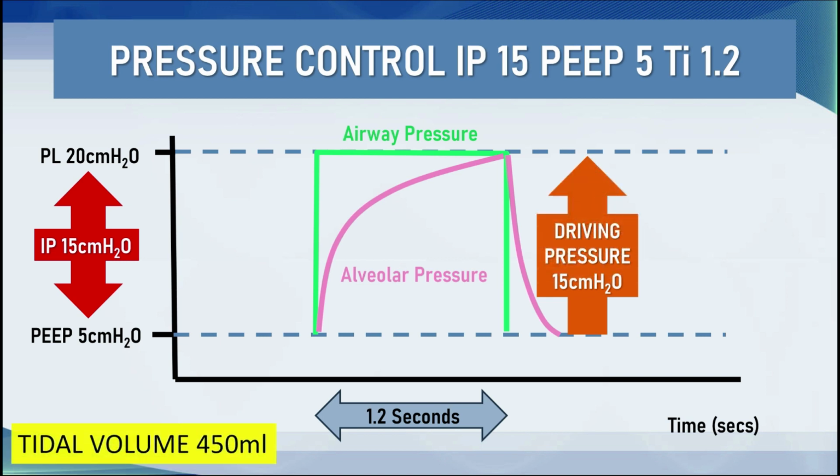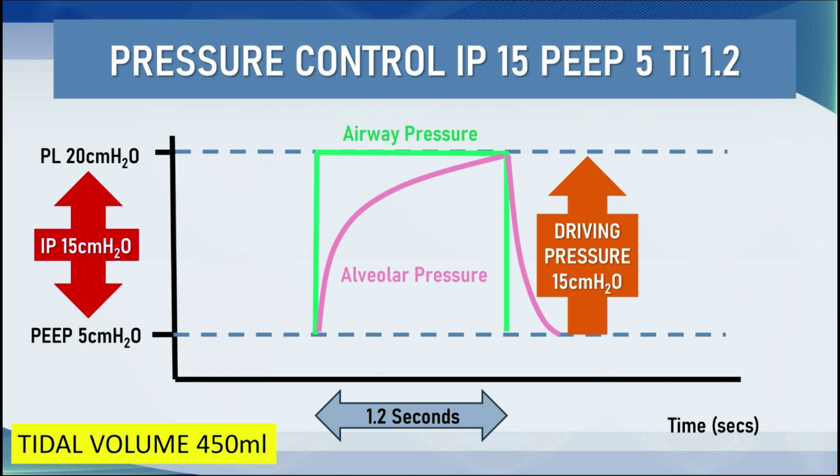Secondly, in many ways the IP concept is misleading because it is the driving pressure that matters, and that's the true pressure gradient. With these settings, Carla is receiving a tidal volume of 450 mils, and if Carla, for example, has had neuromuscular blockade and is left lying in exactly the same position and there is no change to her lung morphology, well, she will keep getting 450 mils from this particular driving pressure,